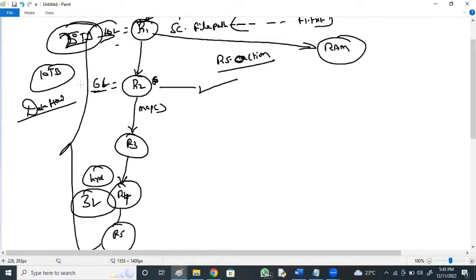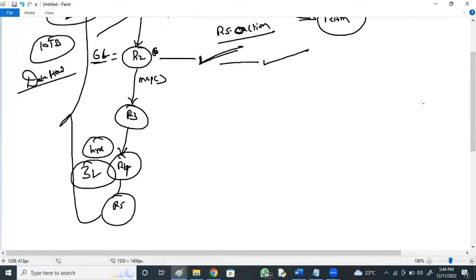All these RDDs at a time won't be loaded into RAM. If they were loaded at a time, they could not be accommodated into RAM. You cannot provide that much space to accommodate all these RDDs. When R2 is created from R1 and R2 computation is finished, then R1 will be removed from the RAM. R1 and its partitions get removed. Now R2 and its partitions are present within the RAM.